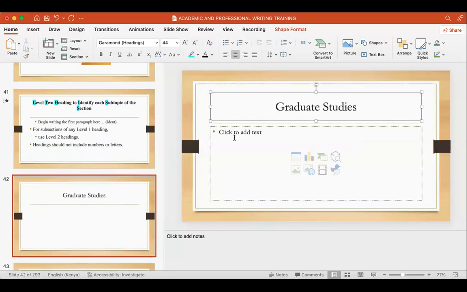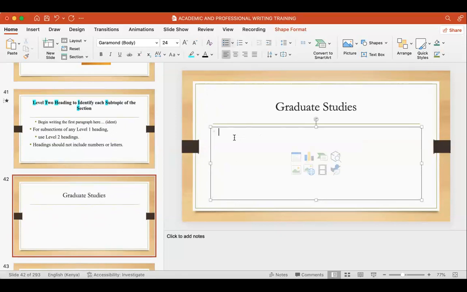This is already level 1. So in this, I said, define what you mean by graduate studies, just as an introduction. And then towards the end of that introduction, you'll be saying, define graduate studies